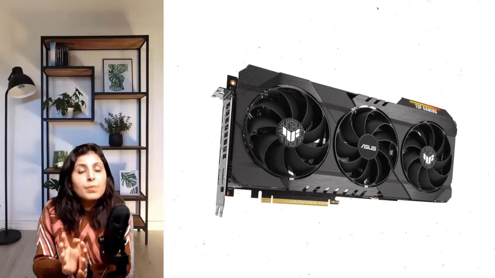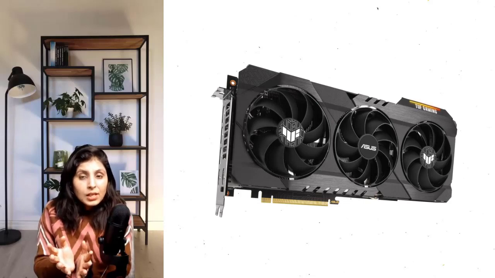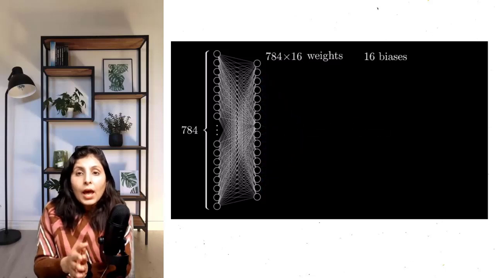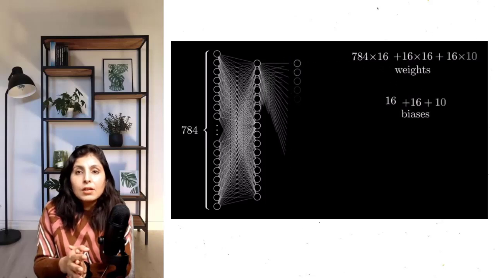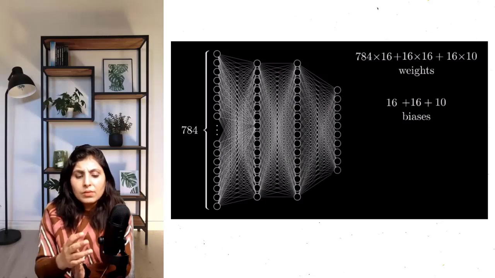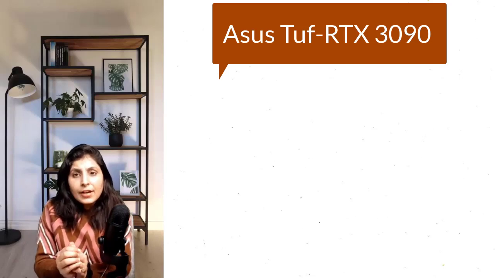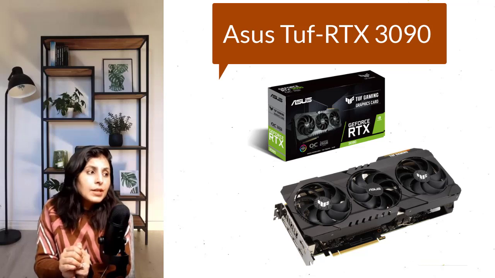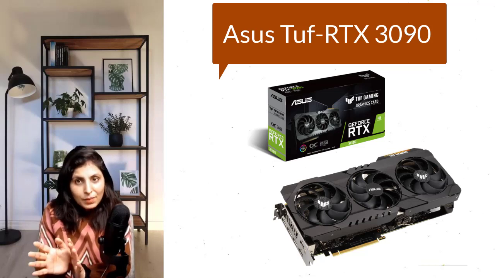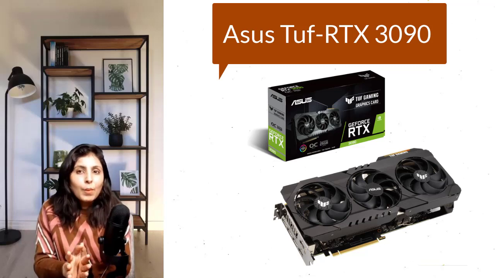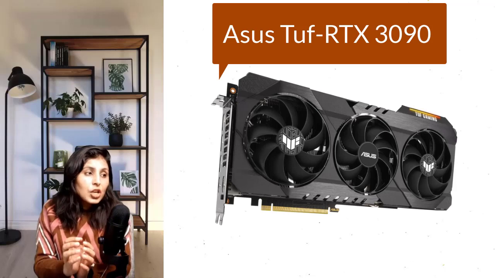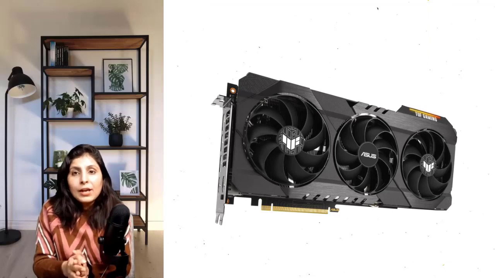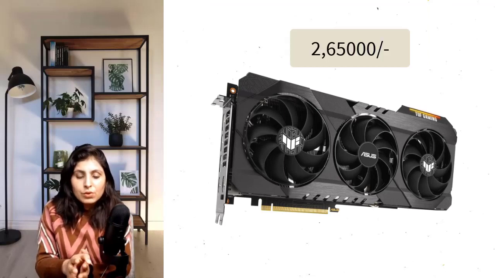So GPU plays a very important role in deep learning because it helps us run all the operations at one time instead of one after the other. And GPU can handle complex operations like matrix multiplications or other such tasks, right? So the GPU which I have decided to go with is Asus TUF RTX 3090. It has 24 GB of VRAM, and guys, it is the most expensive part of my PC, and I think it is probably the best card for running large and complex deep learning models, and we are going to get very good compute performance with it. So the price of this card is 2,65,000 rupees.